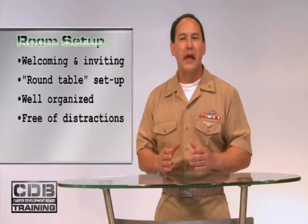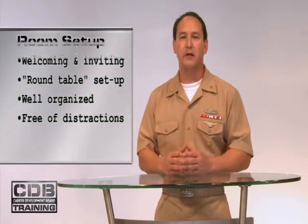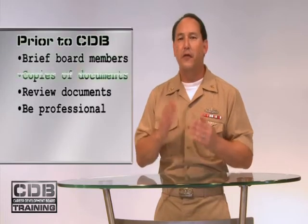Setting up the room and making sure that it's welcoming and inviting is absolutely critical. Now, when we conduct that board, the chairperson first briefs all